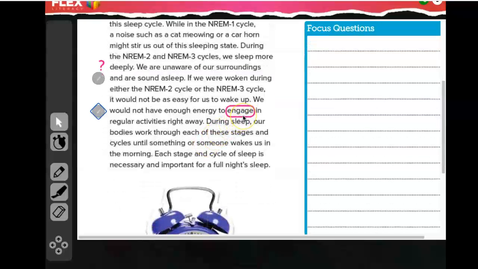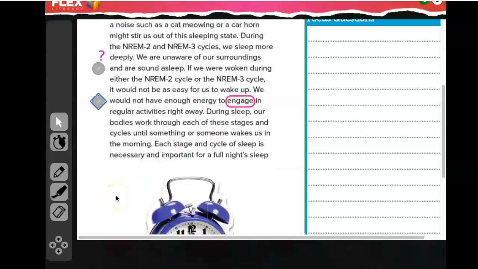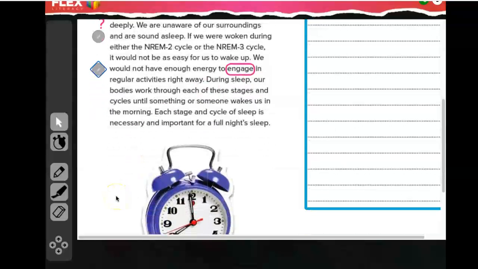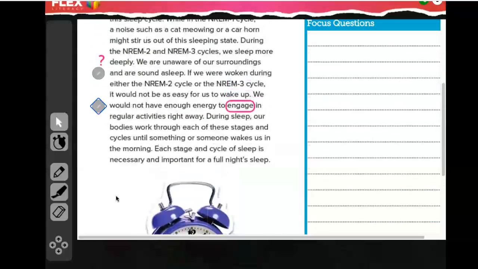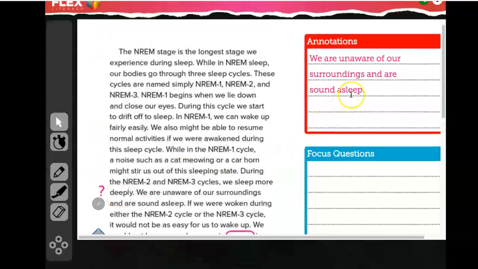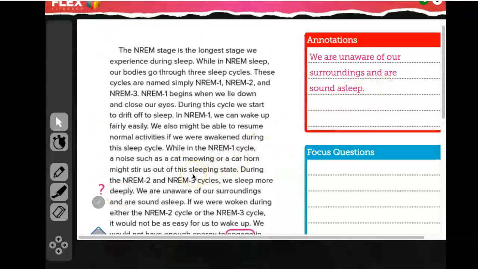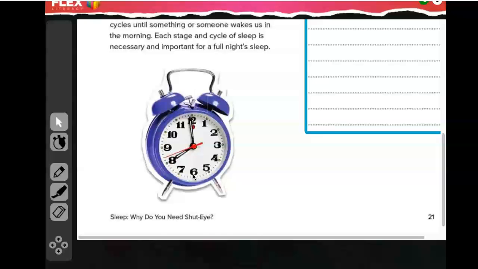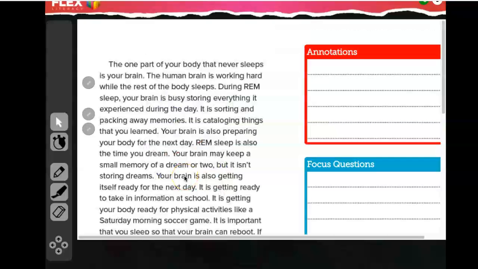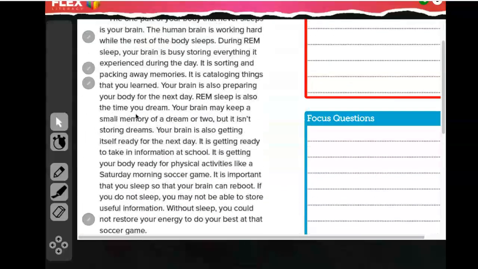I'm going to go ahead and circle the word engage, right? We kind of talked about this when we talked about as an athlete. When we engage in something, it means we take part. We really do our part of it, right? So to engage in regular activities just means simply to do our regular activities. So our annotation was we are unaware of our surroundings and are sound asleep, and we are ready to move on to page 22. All right, and on page 22, we see we have one long paragraph,